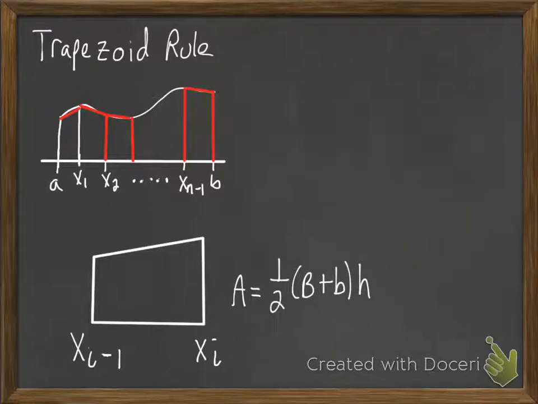In these examples, we want to take a look at the trapezoid rule and see how it works and how it can be used to approximate an integral. Because sometimes we'll have functions where it's rather hard, if not even impossible, to find the antiderivative. The idea behind the trapezoid rule, as we can see here,